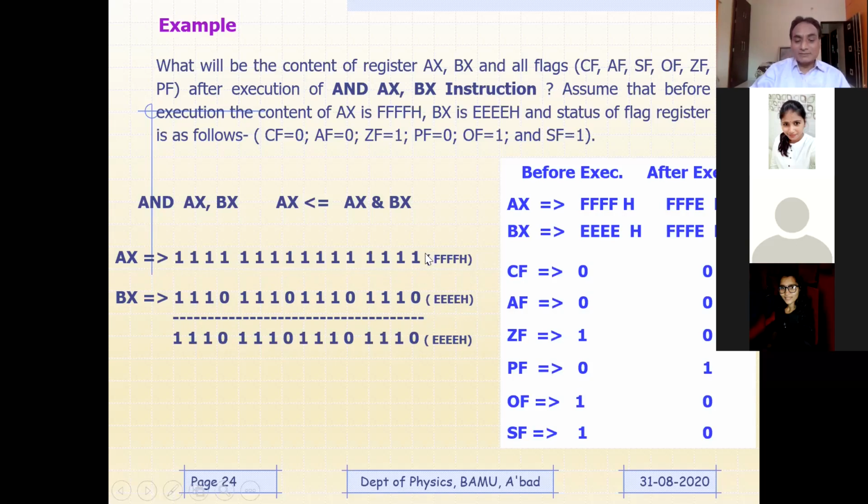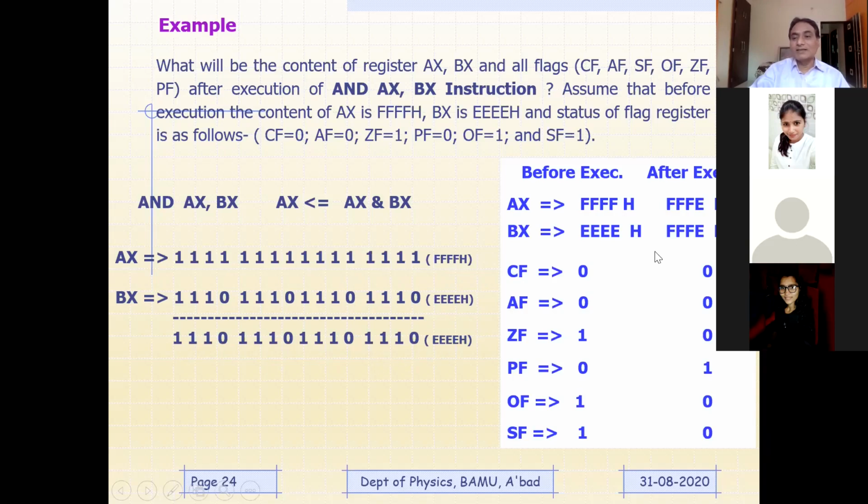आप देखिए यहाँ पर अभी इसका logical ANDing मुझे करना है, because 0 1 is going to be 0. यहाँ पर 1 1 दोनों 1 1 है, so this is going to be 1. So this is 0 with 1 is 0, remaining 1, 0 with 1 is 0, remaining 1, 0 with 0, remaining 1. As a result of that, you got E E E E. So whenever we have logical ANDing of FF with EE, it is going to result in EE.